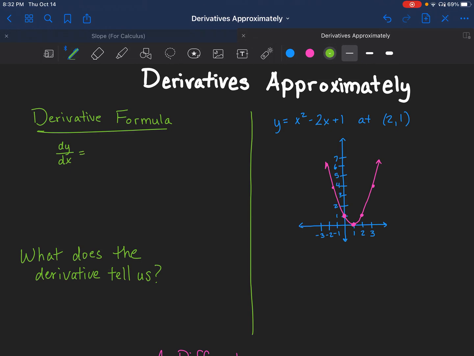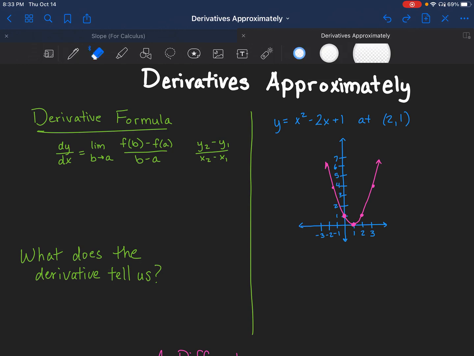So now that I've mentioned what we write the derivative as, I'm going to write down one of the common formulas for it. So I'm going to write it as the limit as b goes to a of f of b minus f of a over b minus a. Now notice this f of b minus f of a is actually trying to say one of the y values minus another of the y values divided by the x values. And so this actually is talking about the slope, but what we're doing is we're trying to take one point and get it infinitely close to the other point, to the one we want to find, in this case, point